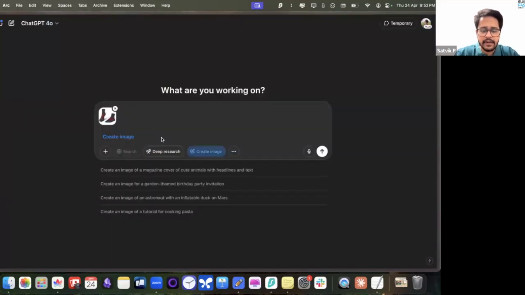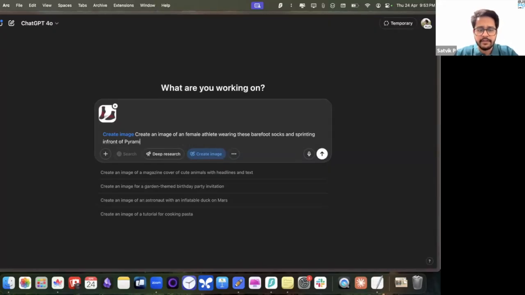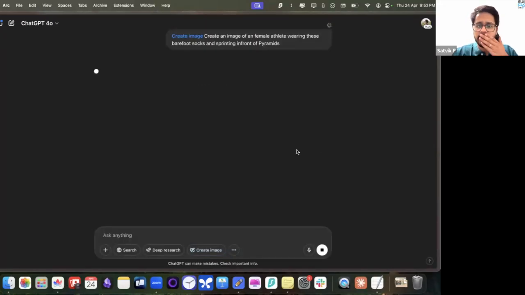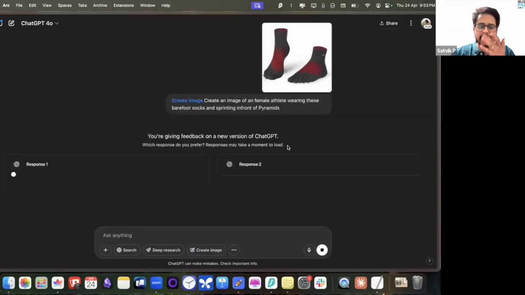So I can say, create an image of a female athlete wearing these barefoot socks and sprinting in front of pyramids. Let me send this prompt and wait to see if ChatGPT can create a good poster for us,